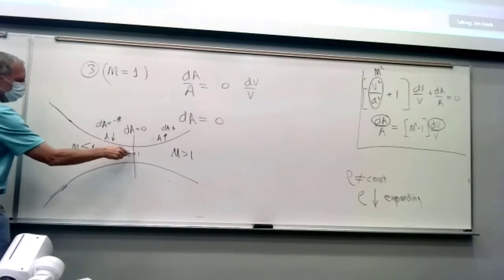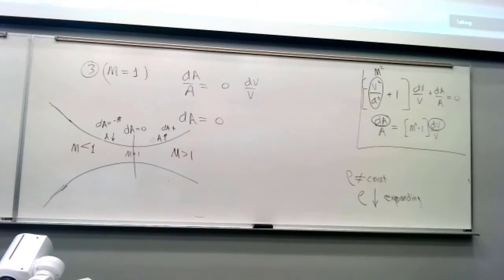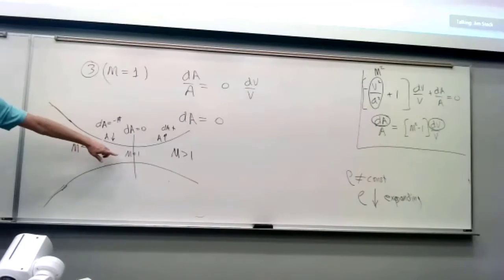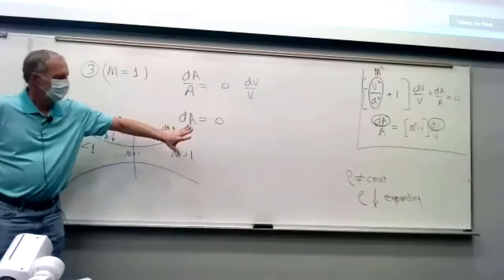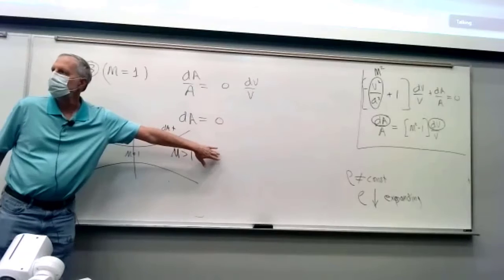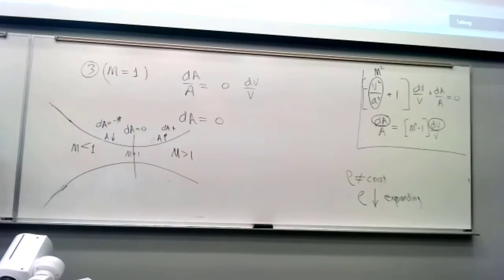So you have to hit Mach 1 at that nozzle. You have to have enough pressure to drive the flow, to put enough energy in it to get Mach 1 at the nozzle. If you don't have a high enough pressure drop, the flow will increase, but you won't hit Mach 1. You'll still be subsonic, and then the flow will expand out, and it will go back down on the other side. Kind of weird, but